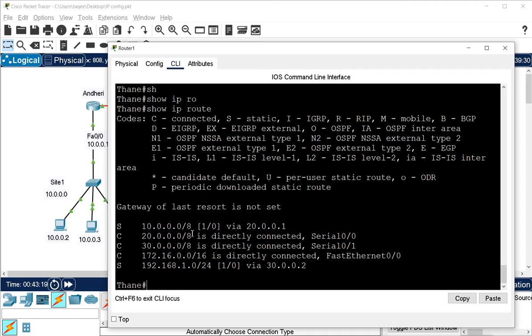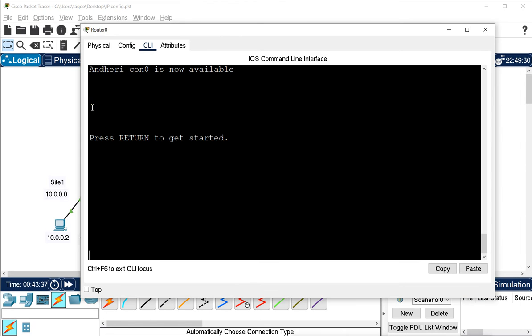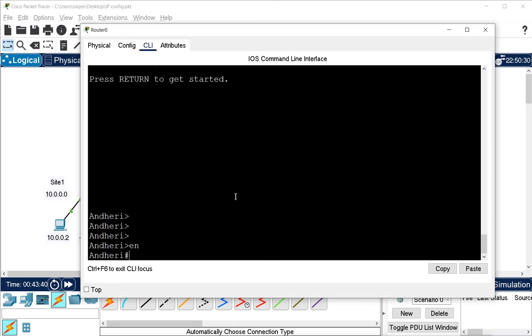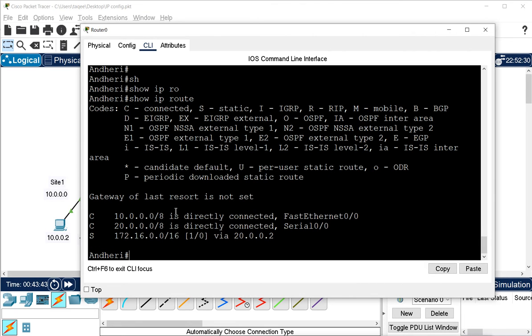Now it knows all the available networks we have: 10, 20, 30, 172.16.0.0 and 192.168.1.0. Now it can forward any packet related to these networks properly. Now when we go to the Andheri router and check show IP route, it only knows about networks 10 and 20.